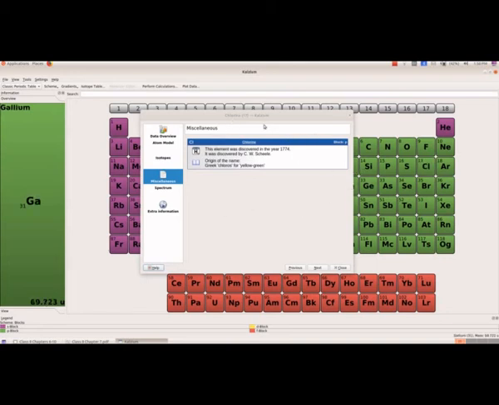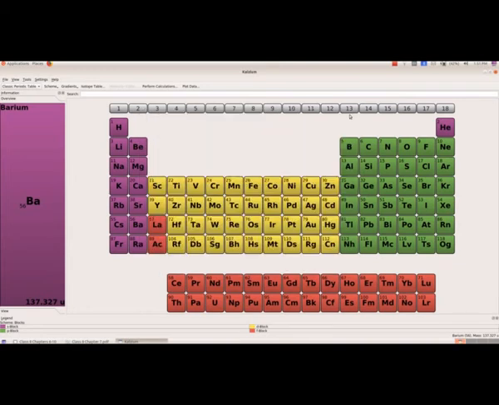And you can close this window, and here we have the search window, and if we are not sure about that element, you can enter the name of that element here.